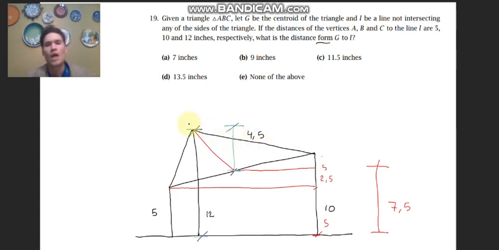Right? And we can create another median. Let's draw the second median that goes from here to the midpoint of the other side. Alright, the centroid will be at the intersection of those medians, and we will have a proportion. The proportion will be 2/3 here and 1/3 here. So if we construct the whole triangle, and we know that this is 4.5,